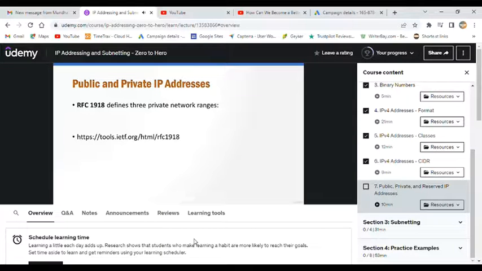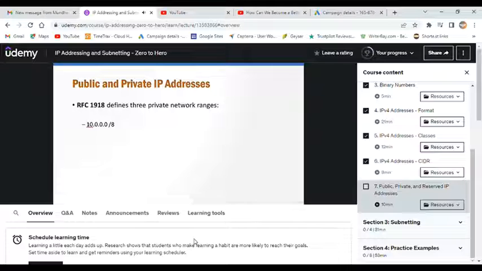Other than that, we also have 3 private network ranges. These are defined in RFC 1918. RFC stands for Request for Comments, and these are the documents where you'll find pretty much all of the known network and other computer-related standards. So the 3 ranges are